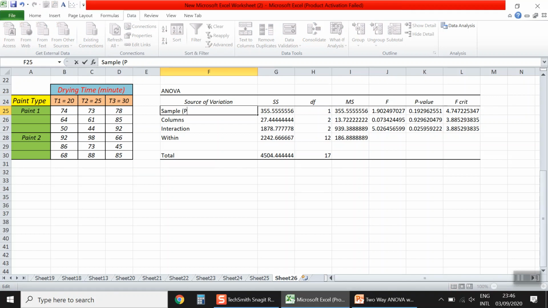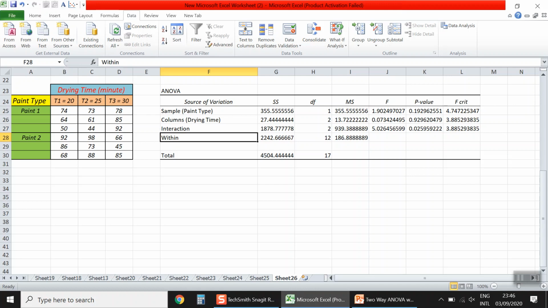And regarding the columns here represent the drying time, which is the second factor. And we have the interaction between these 2 main factors, and we have the error or the within groups